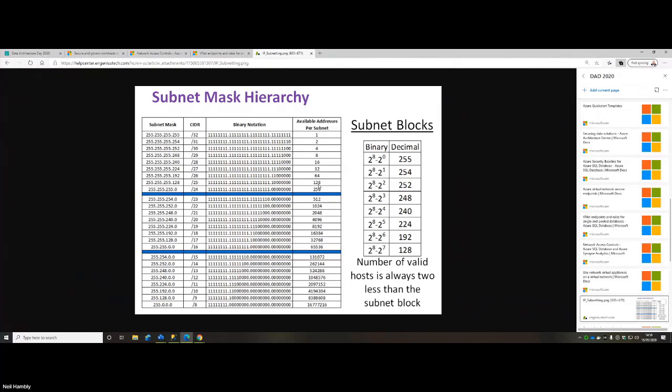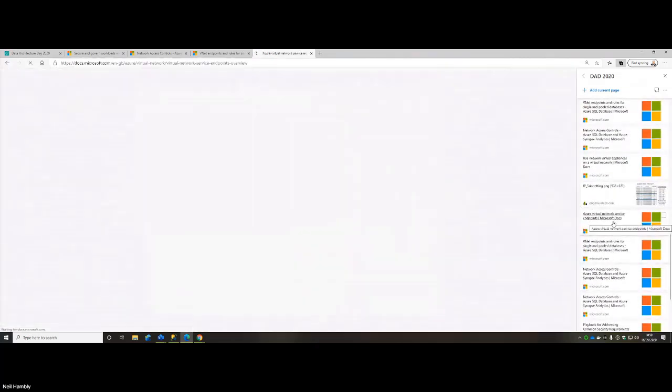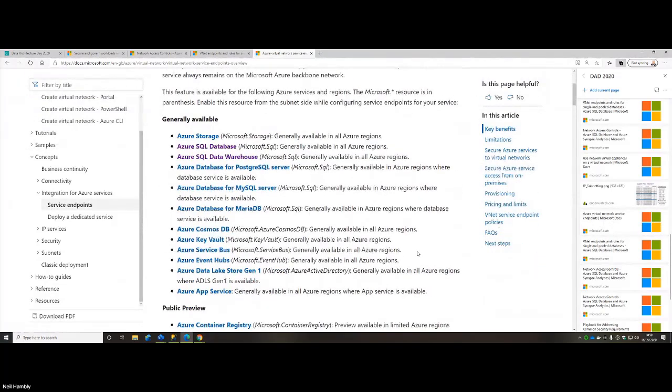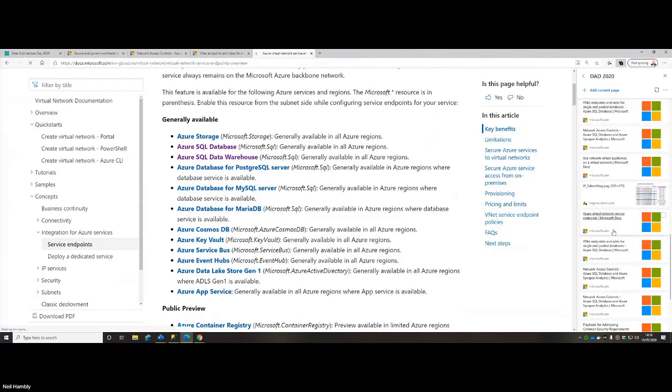Always keep a few IP addresses spare in your virtual network. So when you carve it with subnets, keep a few. You want to use private IP addresses more than public. We want to use the service endpoints as best we can, and service tags is also another way of referring to that.